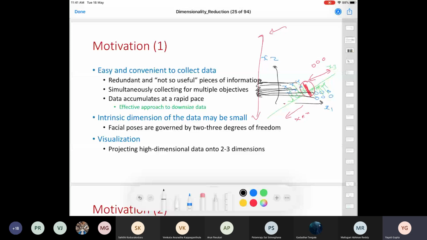Sometimes what happens is we do not really need a dimension. You would have collected a large number of features in your data set, and some of these features might be redundant. For example, say you have a feature, age, and you have another feature, date of birth. Age and date of birth are highly correlated in the sense that if you know date of birth, I can determine my age. So this feature age is kind of redundant here. Effectively, you can remove this feature age from your data set and still do your task.